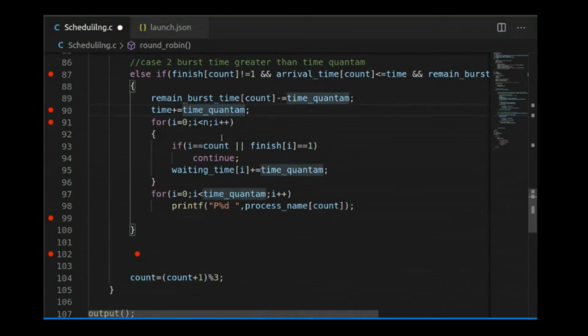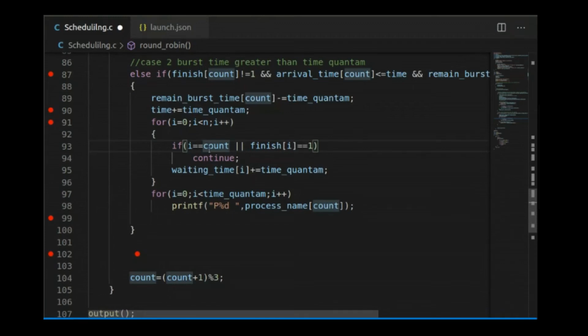Then we have increased the timeline. Then we are counting the waiting time. So for calculating the waiting time, what is required? The process should not be in execution and it should not be finished. So we are checking if the process is in execution or it is finished. We are not doing anything.